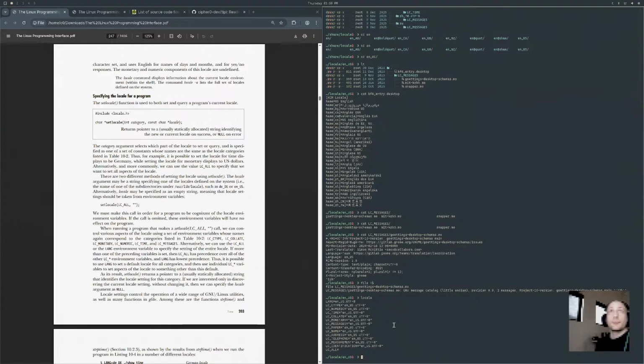Specifying the locale of a program. The setlocale function is used to both set and query a program's current locale. So you say, hey, give me back a char star. I'm going to call it setlocale. Here's the category, and here's a const char pointer to the locale. It returns a pointer to a usually statically allocated string identifying the new or current locale on success, or NULL on error. The category argument selects which part of the locale to set or query, and this is specified as one of